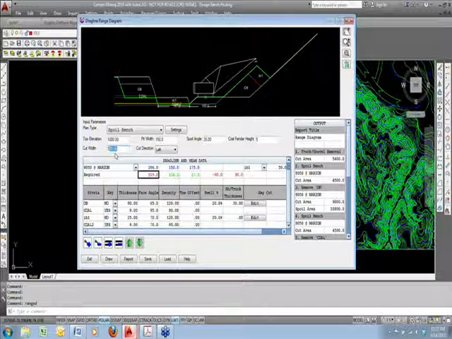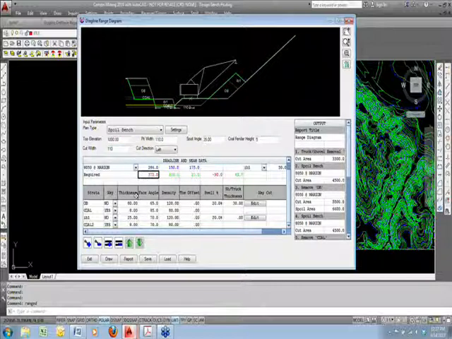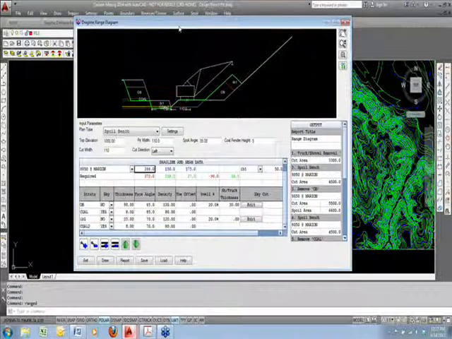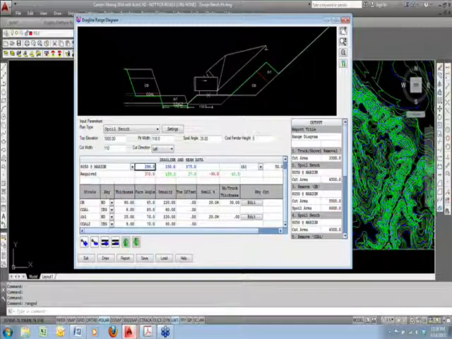So maybe if I drop this down to 110, and this to 110. I'm down to 372. My dragline reach is only 286, so I'm still not going to do it. So you just play with the numbers to size the reach or the range of your equipment. It's useful for finding your pit width or to find and size a dragline based on your digging methods. The extended bench,